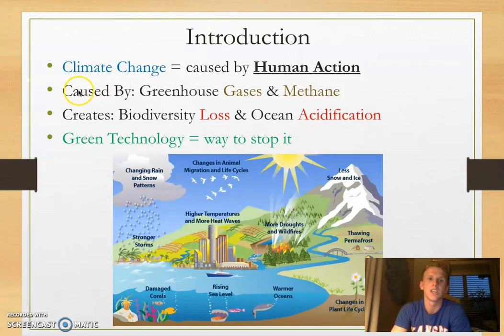Climate change is caused by greenhouse gases and methane. Methane production and the gases put into the atmosphere affect our ozone, and it is the reflection of the ozone that causes the heat rays to get trapped within our atmosphere, and this causes the climate change that we see. It causes the earth to heat up because the rays from the sun usually bounce off the earth back up into the sky and would just exit our atmosphere and go into space. But the ozone layer created by the greenhouse gases,